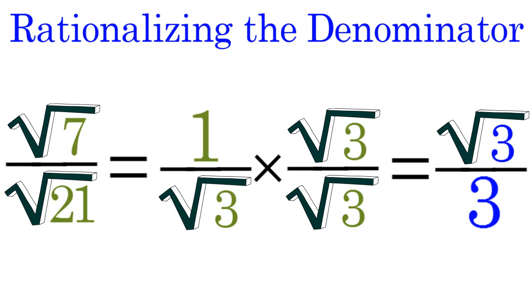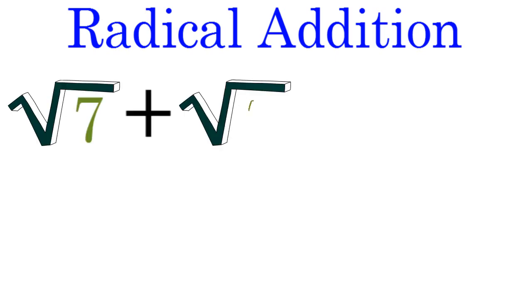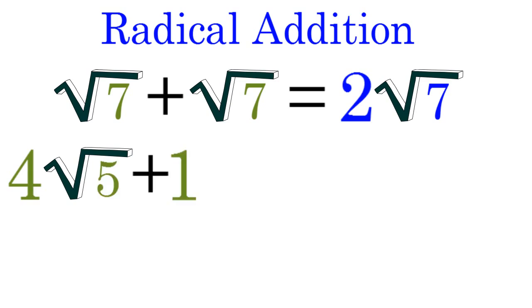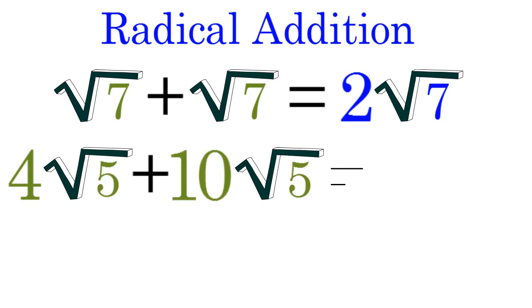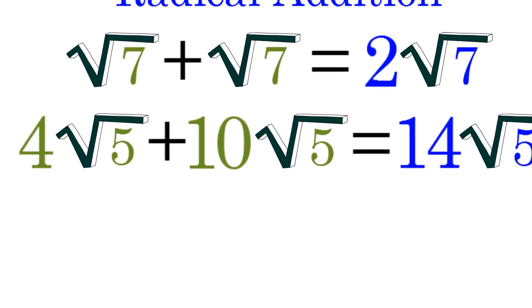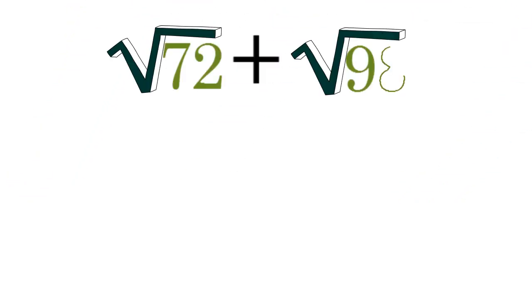Unlike with multiplication and division, you can only add radicals when their radical parts are equivalent. For example, radical 7 plus radical 7 equals 2 radical 7, and 4 radical 5 plus 10 radical 5 equals 14 radical 5. In some cases, you can add non-similar radicals by simplifying one or both radicals to make them